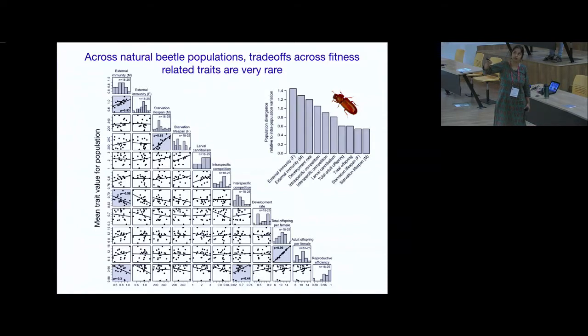And here's another way to look at it: I take the ratio of a measure of population divergence, for example, the average difference between the means of any two pairs of populations for a trait, relative to the intra-population variation, the degree of individual variability we find in each population on average. That can tell us which traits are diverging fast compared to population variation. And again, you find that immune function traits seem to be diverging very, very fast compared to variation within populations, and development rate here. And all of these other traits are actually not diverging very much across populations. But there is still significant divergence. Every single trait is significantly divergent across populations.